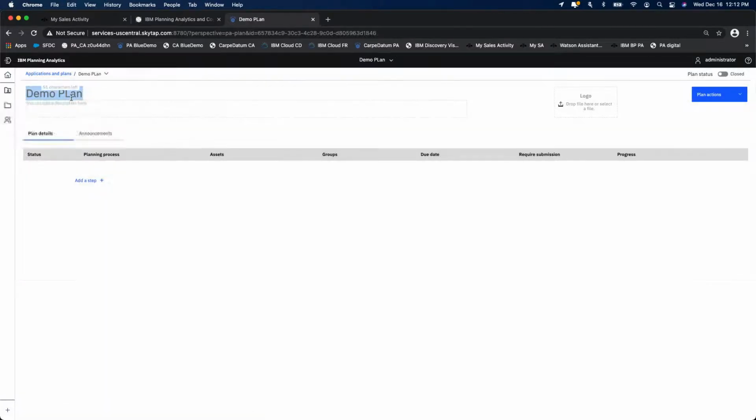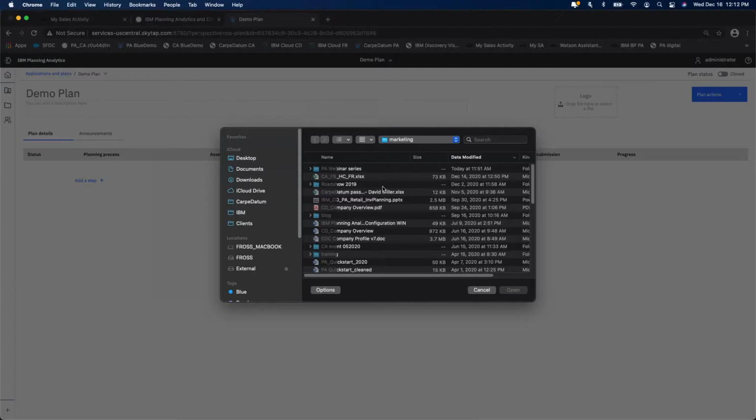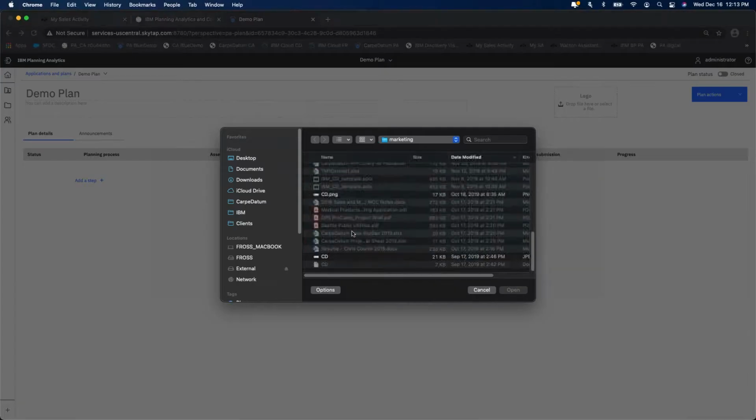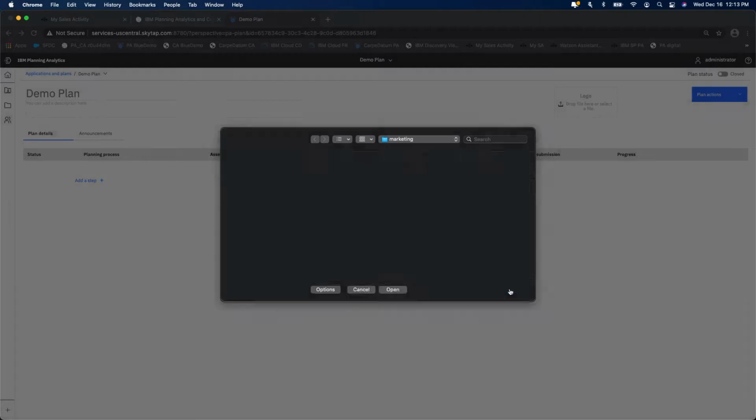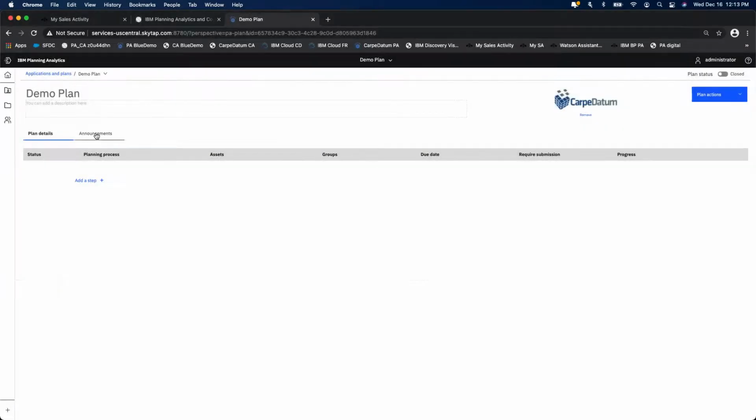Okay, you can put some description here. You can put your own logo if you want to. There you go. Let's say just put the Carpe Datum logo, and I can put an announcement, or I can start adding steps. So my first step here, I'm going to call it enter marketing budget,